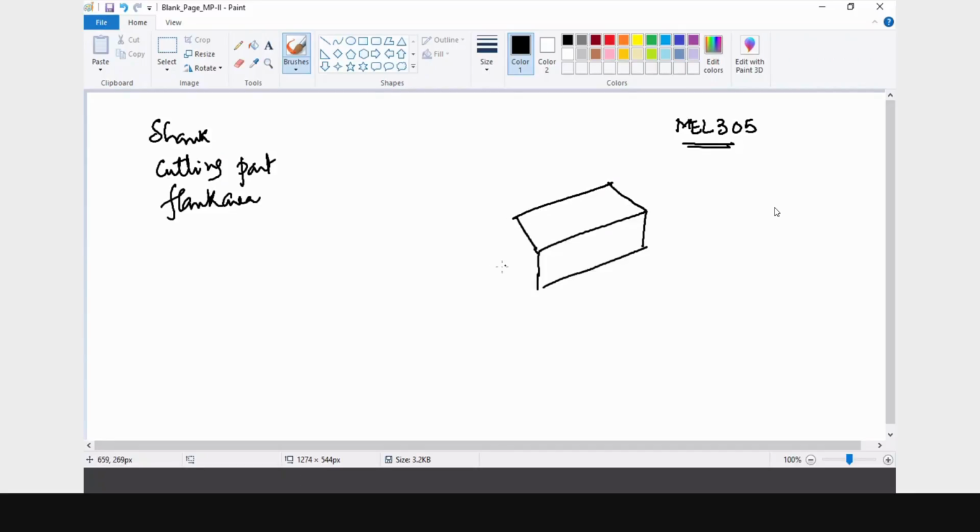This is what I have shown you, where I said that this part is the major cutting edge, and this small portion is a minor cutting edge.